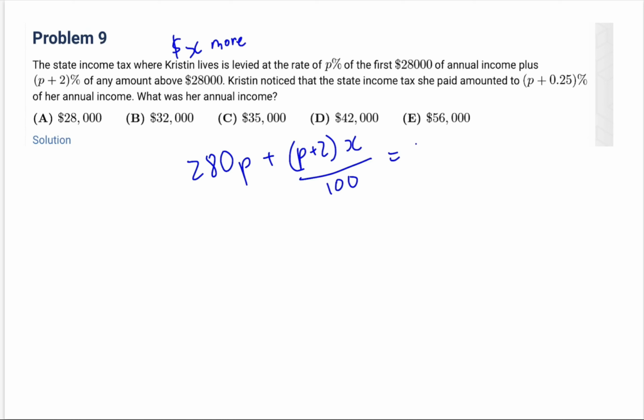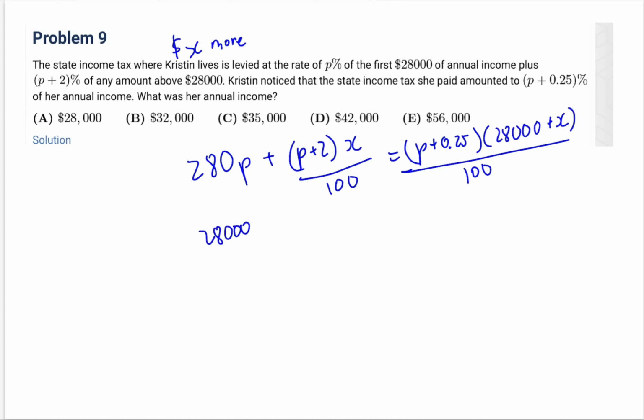This equals P plus 0.25 times 28,000 plus X over 100. So 28,000 P plus 2 X equals